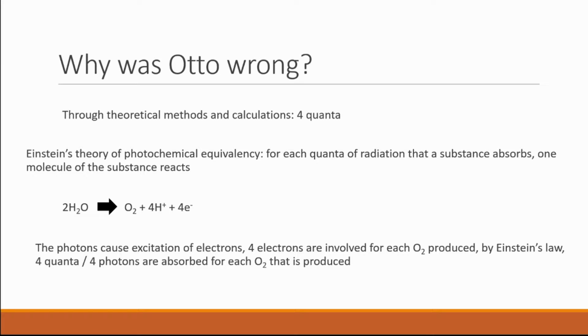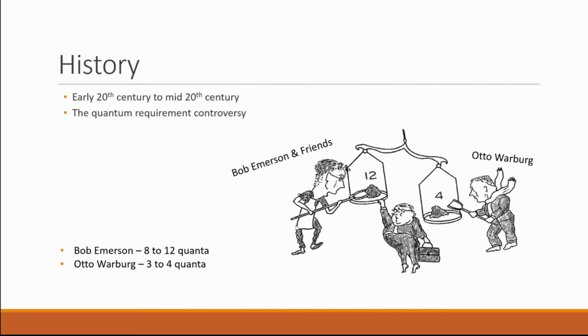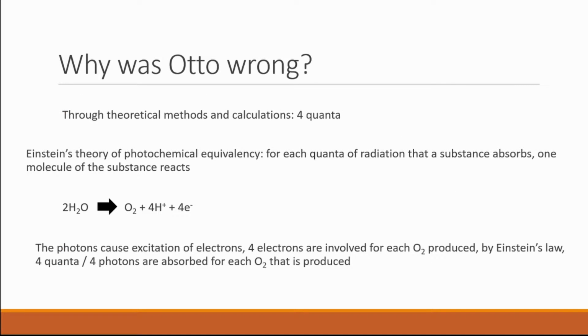So when he did the real experiments, the practical experiment to arrive at that answer, whenever he got values of 8 to 12, which corresponded to what these other guys found, he would change the procedures of the experiment. He would change the temperature, the light intensity, the solution, he'd change everything that he can in order to get the values of 3 to 4 quanta. And it's not something that you're supposed to do, because at that point you're purposely changing the experiment in order to get the values that you want,